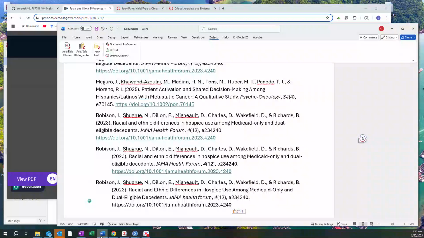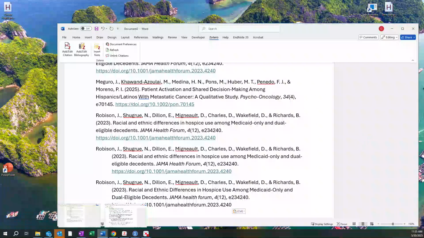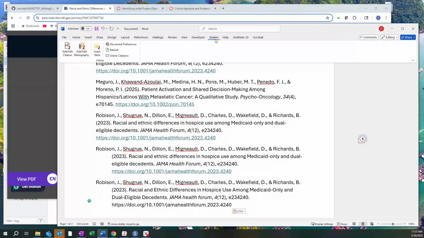There is an option in Zotero, when you do the add-in, it adds another menu to your Word, and you can add citations as you're writing, and then it will create the bibliography so you don't have to do it manually, but you're free to do it either way you want to. But I would just suggest using a tool. All right,